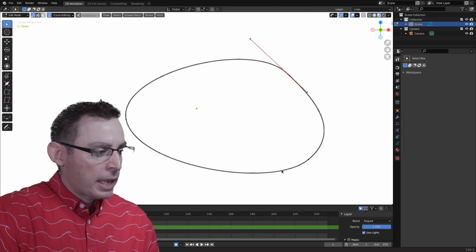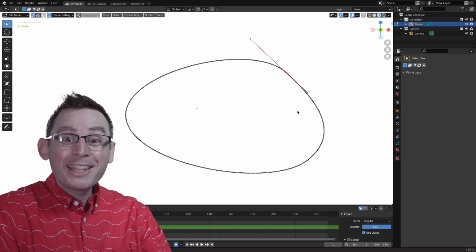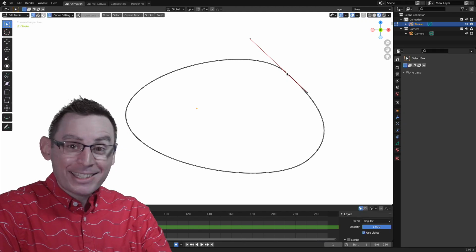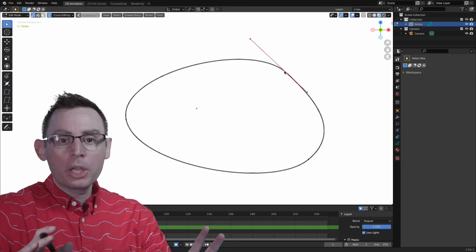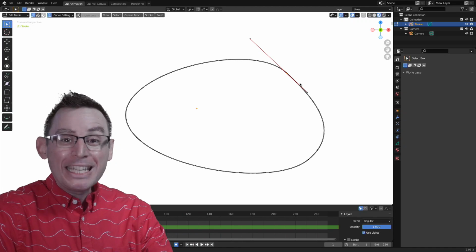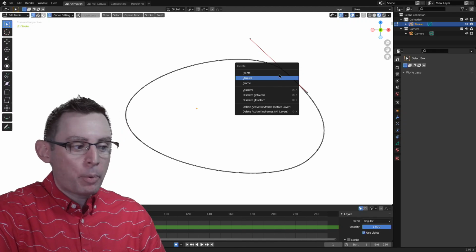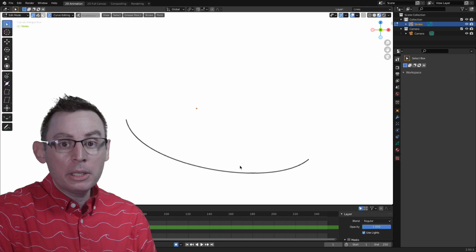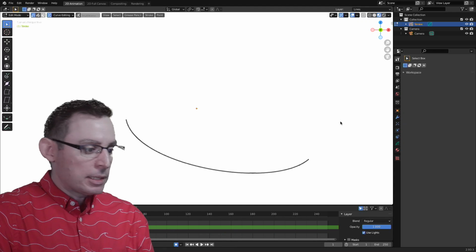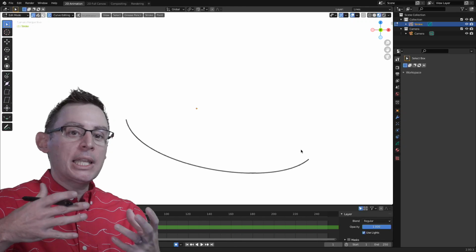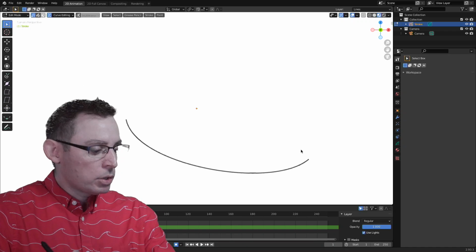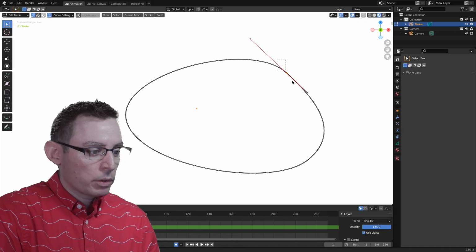So with the handle selected, of course, we're going to hit the X key. Now the X key on our keyboard is our global keyboard shortcut for Blender for deleting things. So let's go ahead and do it. I'm going to hit the X key. You're going to get this little popover. Now, if you were just to click on the delete points, you can see what it does. It deletes all the points that were connected to that handle. That's not what we want. We want to remove just the handle itself. So let me hit undo.